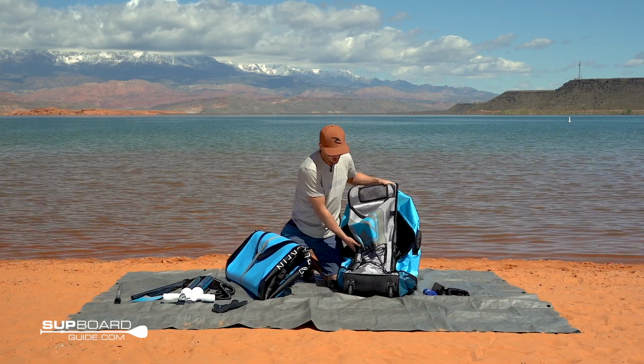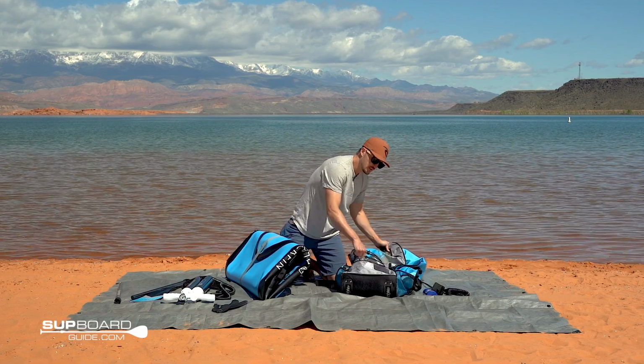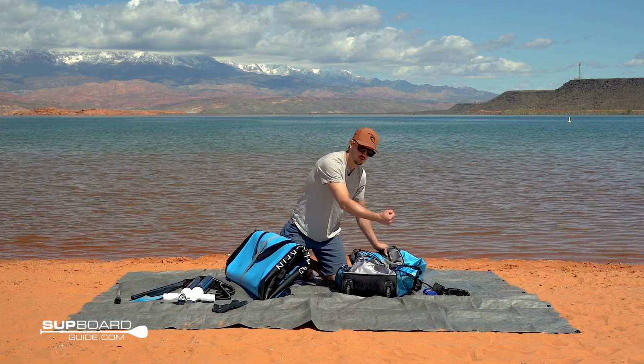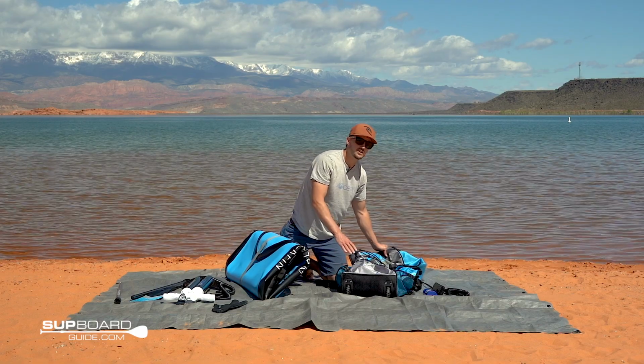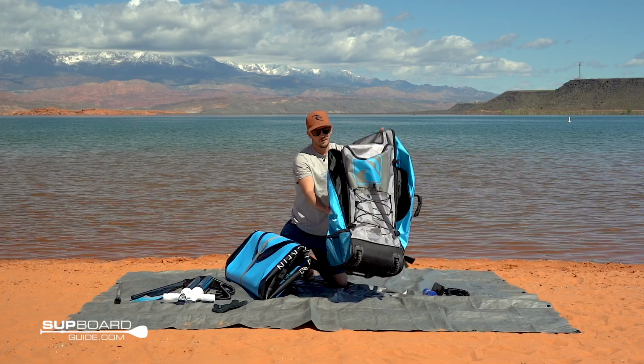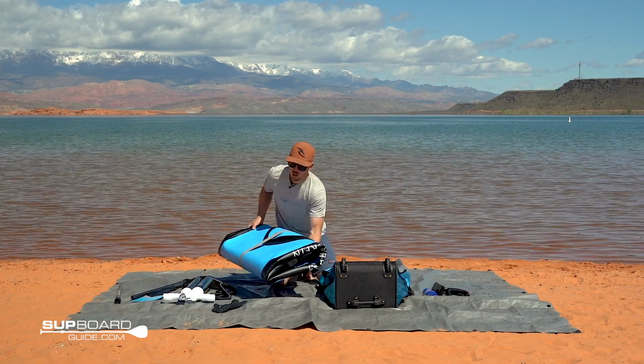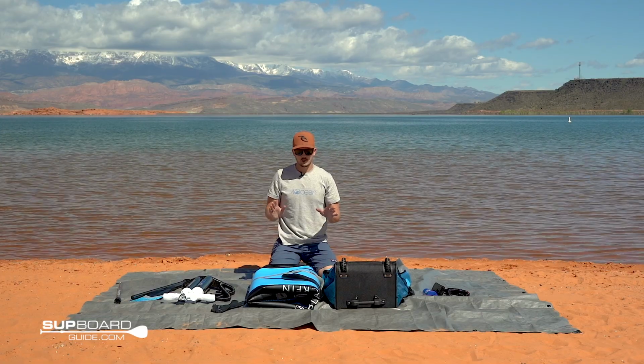The only thing I would note is that as you're dragging it, try not to rub this part here because it can kind of tear the bag a little bit if you're dragging across asphalt. There's not much that won't get damaged if you do that. But again, overall, great quality bag. So now I'm gonna move this stuff out of the way and I'm gonna show you how to pump up